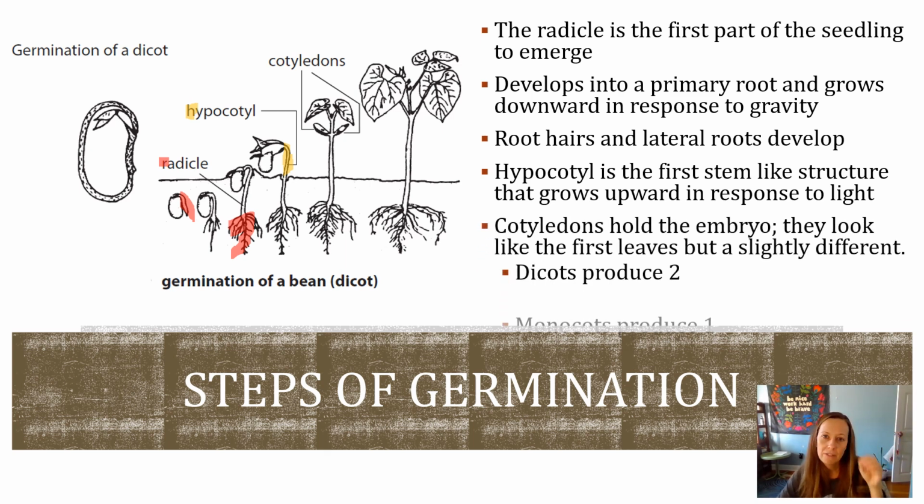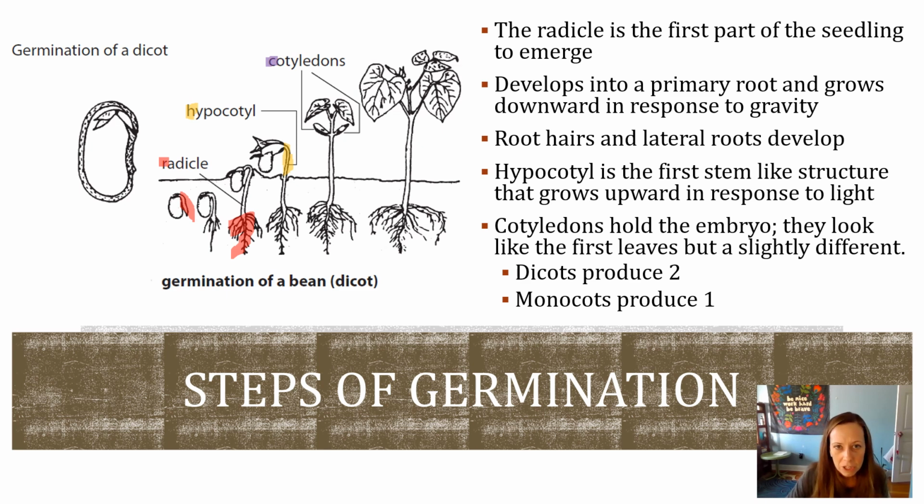This becomes the first stem-like structure. As it thickens, it gets stronger, it's going to become a stem. So that's the hypocotyl. And then the last part of germination is the